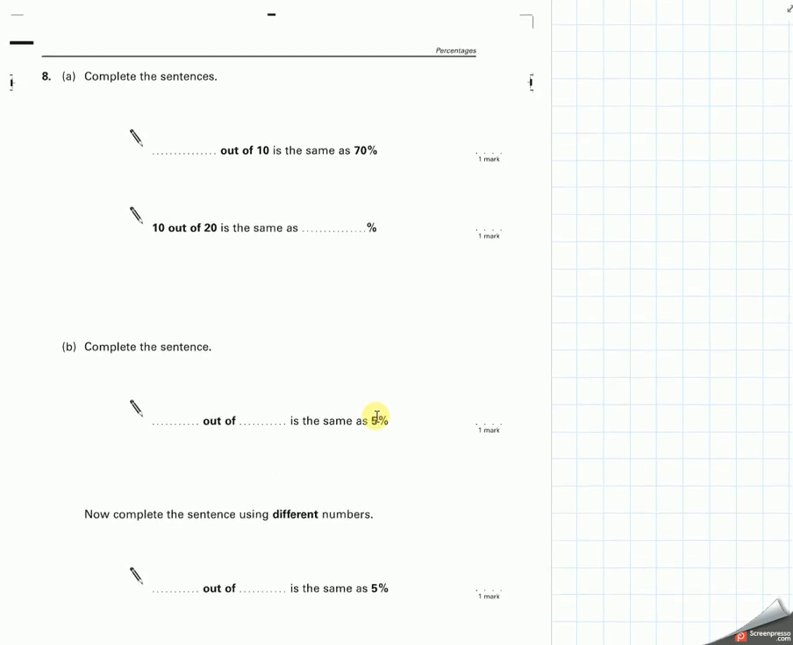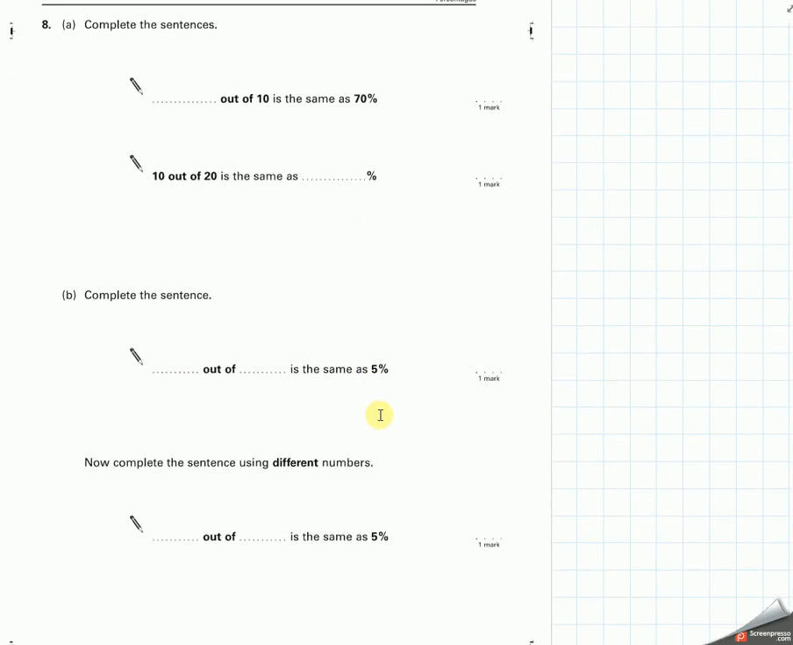Question number 8. This is the percentages. This is the part that doesn't appear on the other exam papers. So the other parts I've covered before in others, but I'll quickly go through it. 70% we should recognise as being 70 out of 100. I want to make this something out of 10. What did I do to both numbers? I can divide them by 10. So the top number will be 7. 10 out of 20, so write it as a fraction,